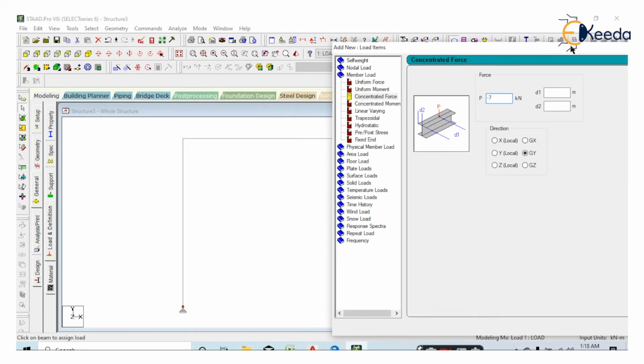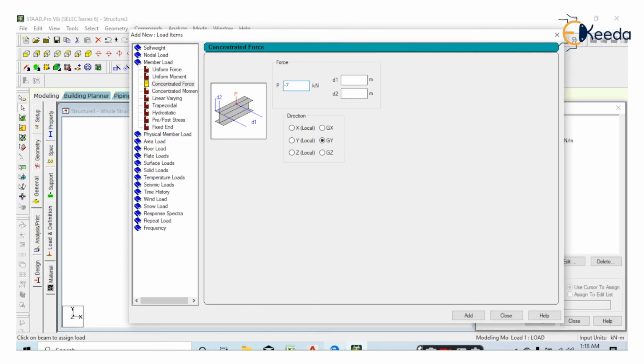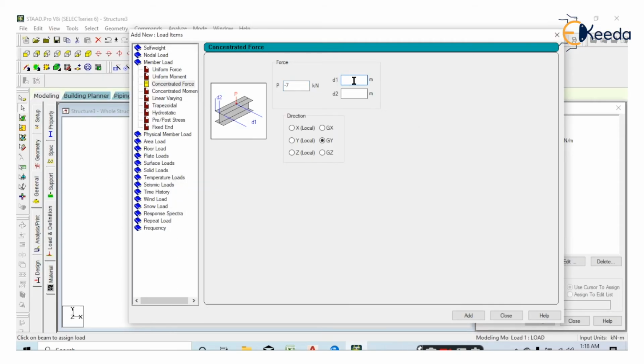First check the start point of that particular column. Start point is where the green color is. So you have to measure D1 from that particular node. The value is 3 meter, right? Provide D1 as 3 meter. Add and close.